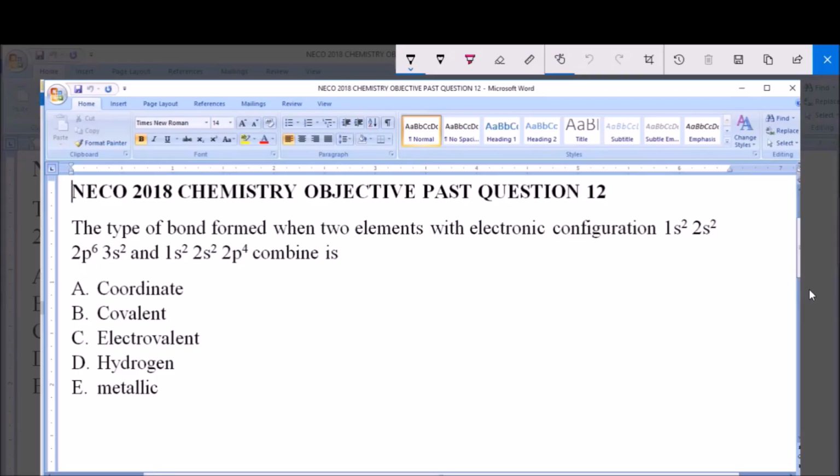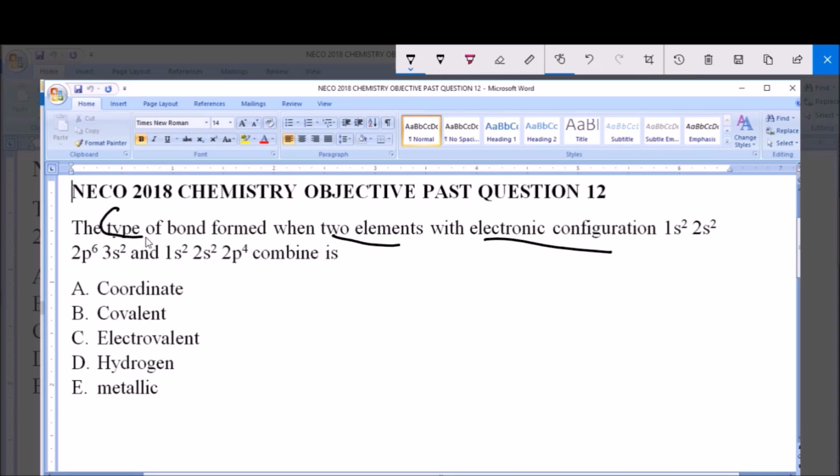Hello and welcome. I will be answering NECO 2018 Chemistry Objective Past Question 12. The type of bond formed when two elements with electronic configuration 1s2, 2s2, 2p6, 3s2, and 1s2, 2s2, 2p4 combine is A. Coordinate, B. Covalent, C. Electrovalent, D. Hydrogen, E. Metallic. So you are given two elements here, the electronic configuration of two elements, and you are asked